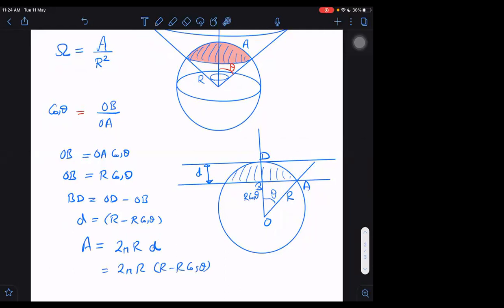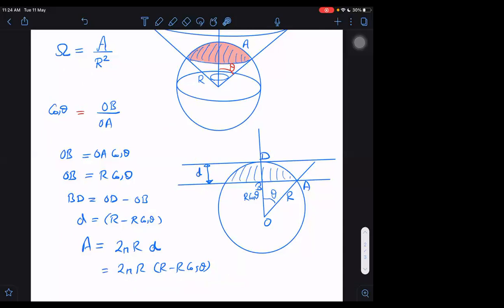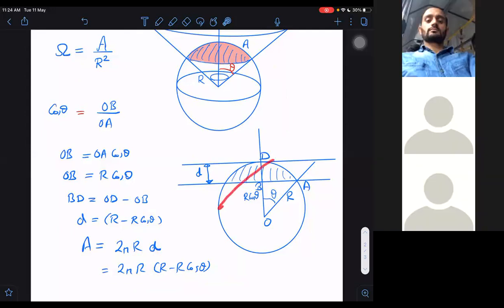And what is the aim? Why are we doing all this? Just to determine the solid angle. Which solid angle? This solid angle here. These two diagrams are the same, but one is drawn in 2 dimensions and the other in 3 dimensions. It is also a sphere only. This lower diagram is also of a sphere.